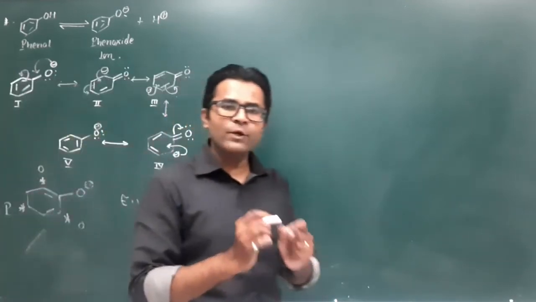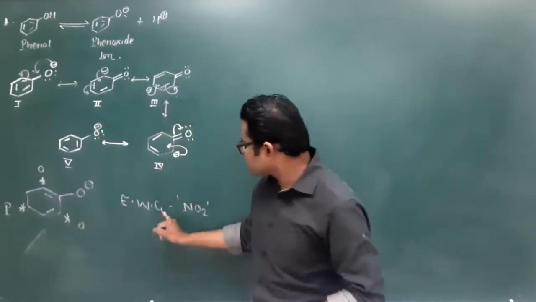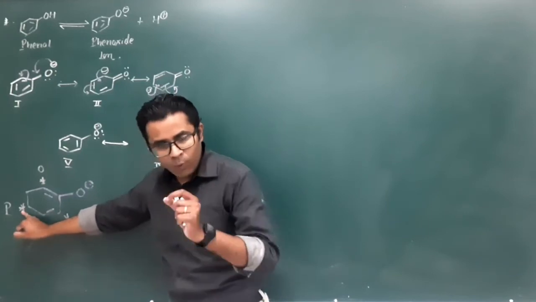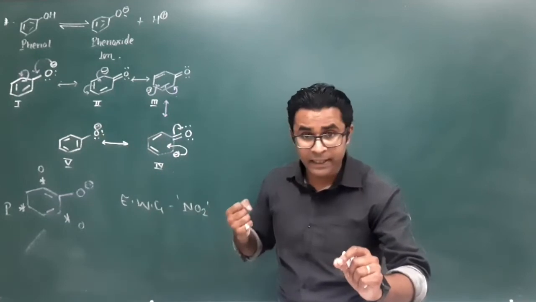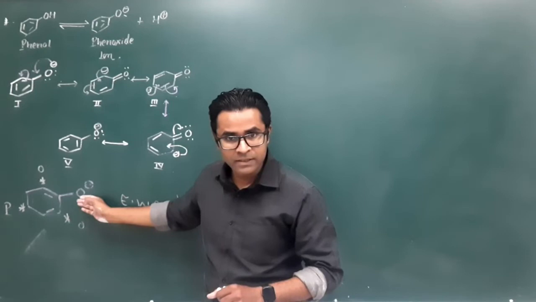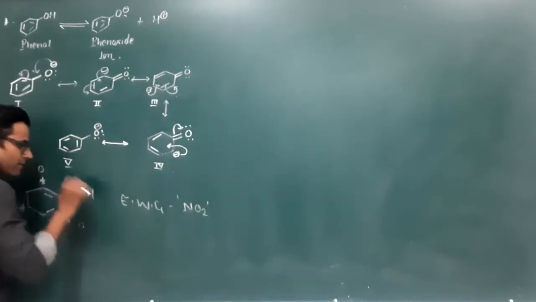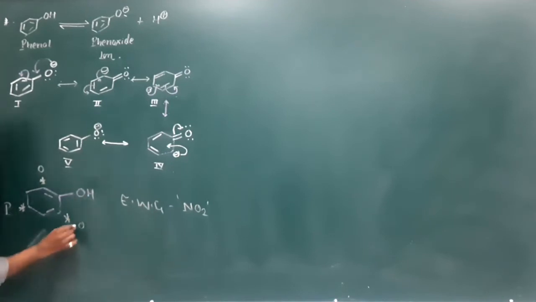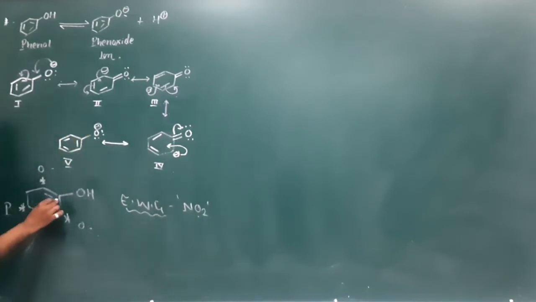If we attach this NO2 group either to the ortho position or to the para position, what it does is a simple thing. It takes the electron density from the benzene ring. Now, the benzene ring is connected to this particular oxygen. Correct. So, in case this particular phenol is there, if we attach the electron withdrawing group such as an NO2 group at the ortho or para position, it will take the electron density from this particular aromatic